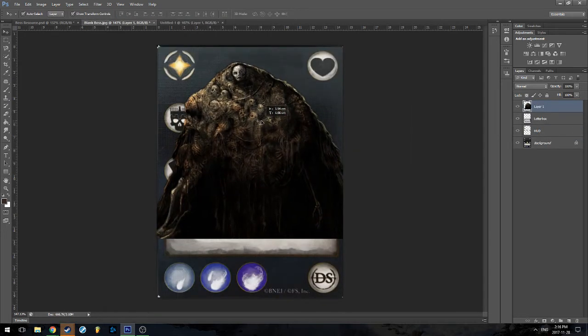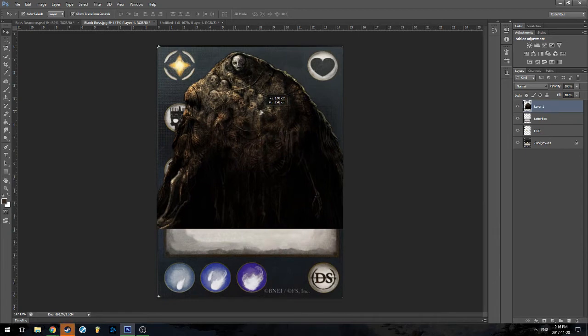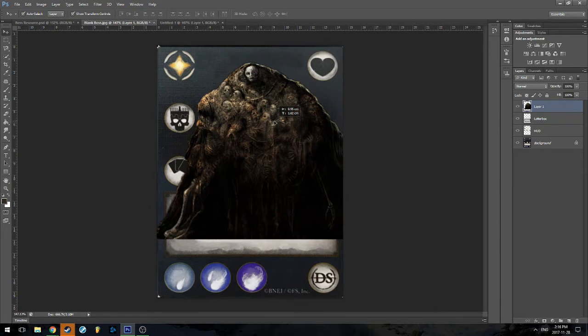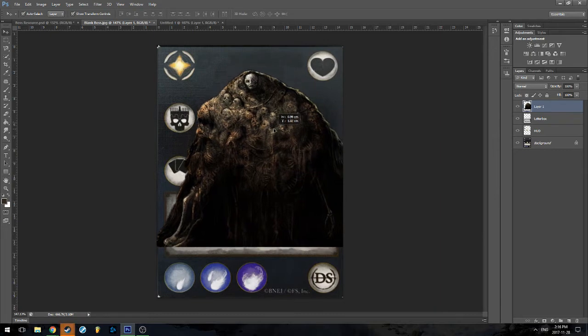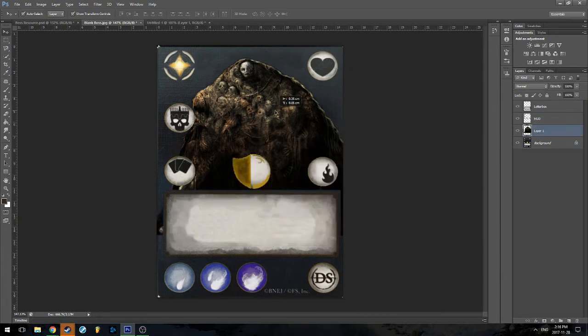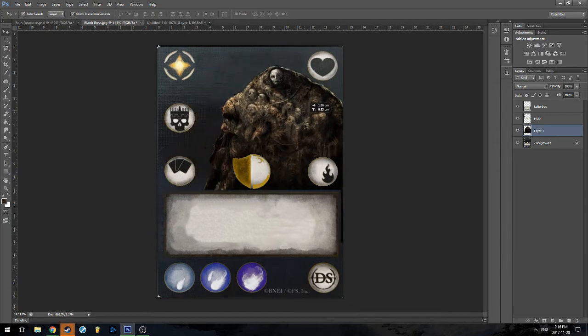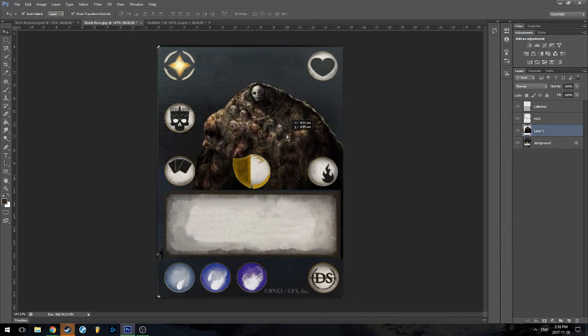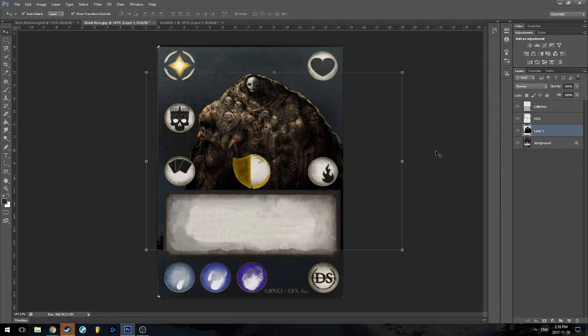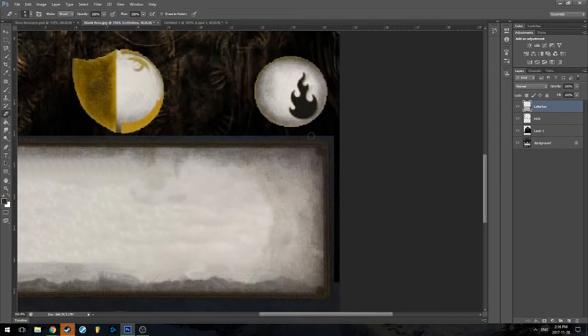So this is where layering is your best friend. You're going to get the positioning wherever you want this guy to go. So I'm going to say about here. That looks good. And then we put him behind everything but in front of the background. So then you can still reposition him. I want him about in the middle, but a little raised. So about there. And from here, what we have to do is clean up the letterbox because